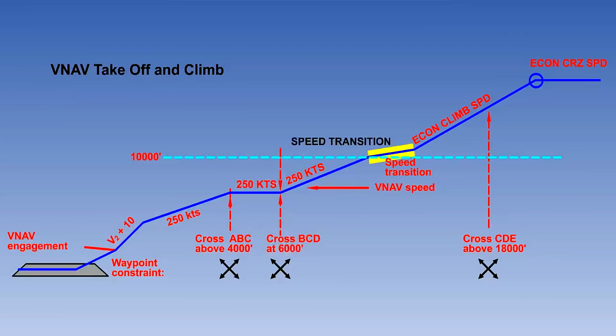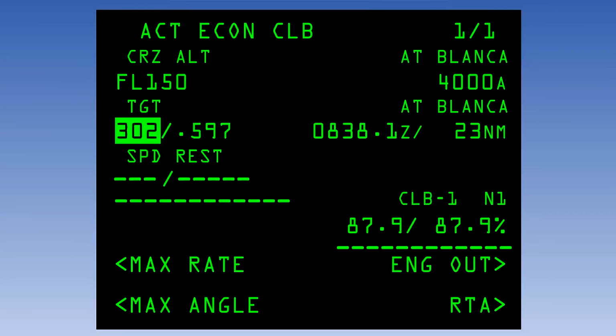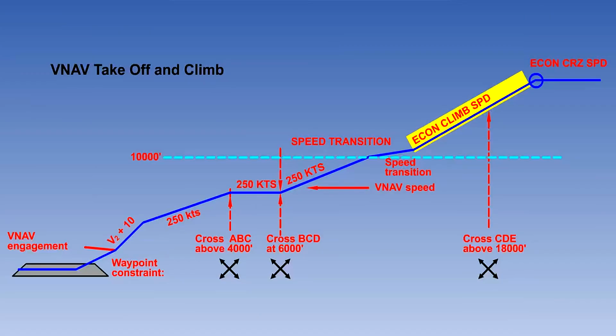Above 10,000 feet, we continue with the climb at the aircraft's economical climb speed, which will vary with the weight and static air temperature, and which will be calculated by the computer and passed to the auto throttle. A climb power setting which reduces the N1 by 3% is often used in order to save engine wear. We will assume that at this weight this setting gives a climb speed of 302 knots, converting to 0.597 Mach. This is the point at which the Mach number becomes more limiting than the IAS.